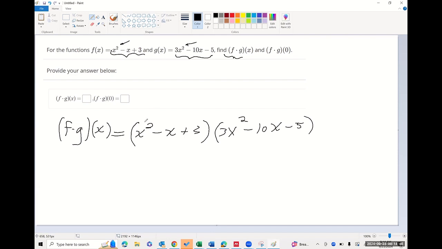So you always take the first term and multiply it by each of the 3 terms in the second trinomial. I'm going to start over here because we're going to need quite a bit of space. x squared times 3x squared is going to be